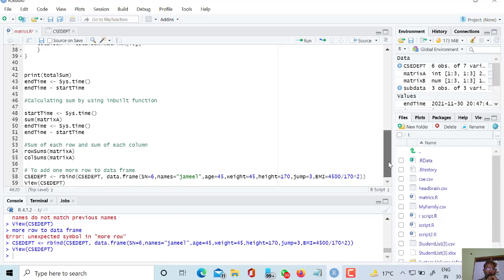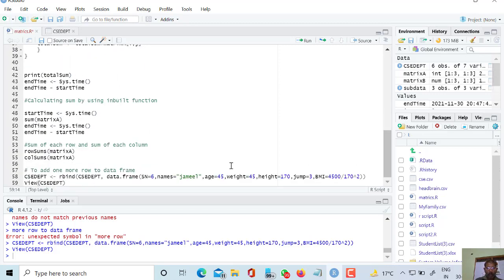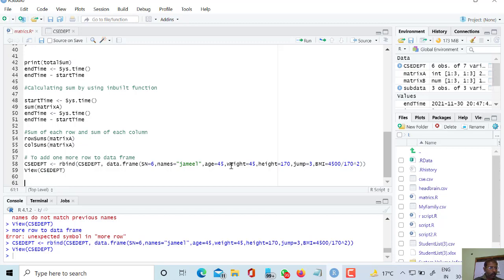Now I will learn how to merge and import data. So for this, I am viewing my data.